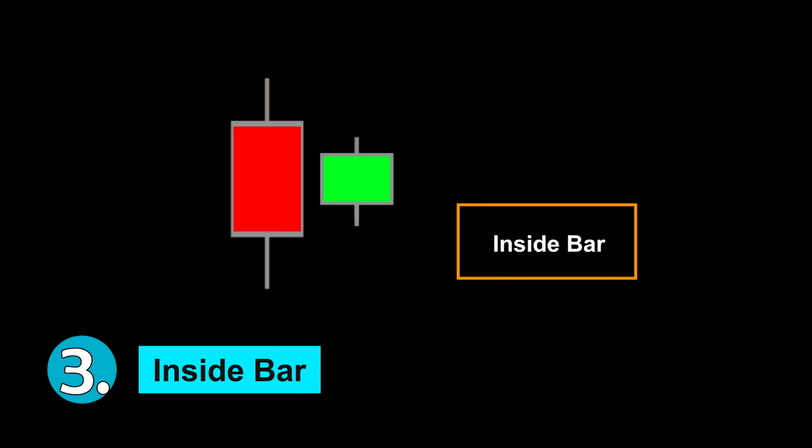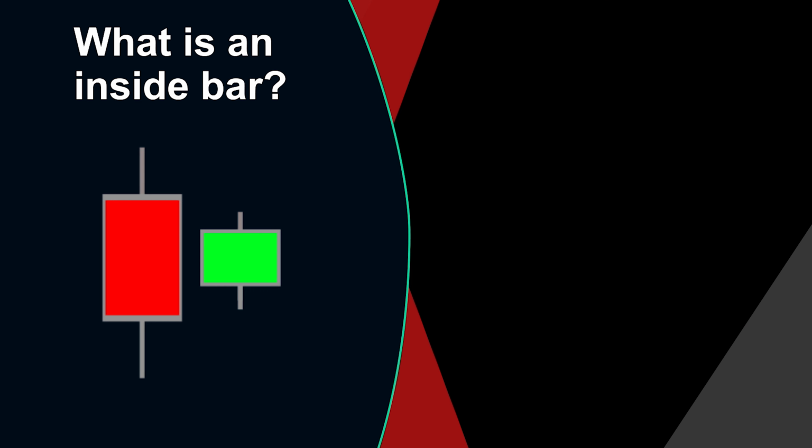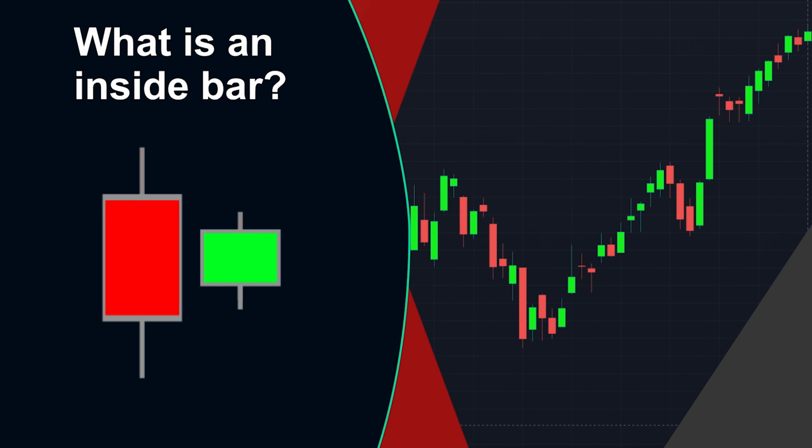Three. Inside bar. What is an inside bar? The inside bar is a popular reversal or continuation candle formation that only requires 2 candles to present itself. This pattern is a direct play on short-term market sentiment, looking to enter before the big moves that may take place in the market. The inside bar shows a reluctance of prices to progress above or below the preceding candle high and low, indicating market indecision. Here are the examples of inside bar trading strategy.